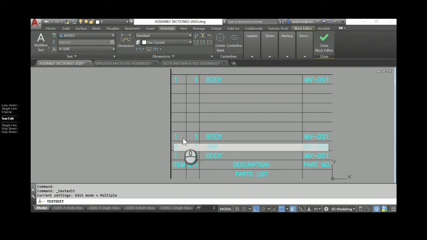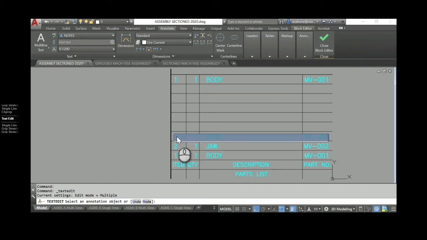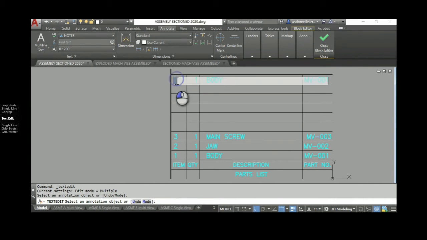The next one would be number 3. Number 3 was the main screw. And then all the way to your item number 8, which mine happened to be that flathead screw. I need 2 of those.